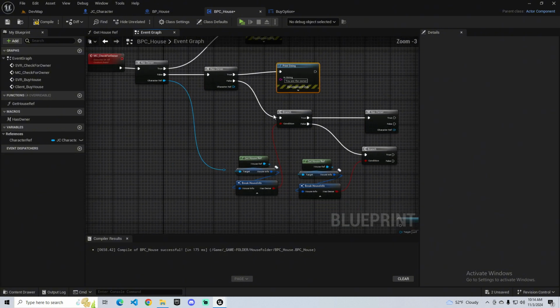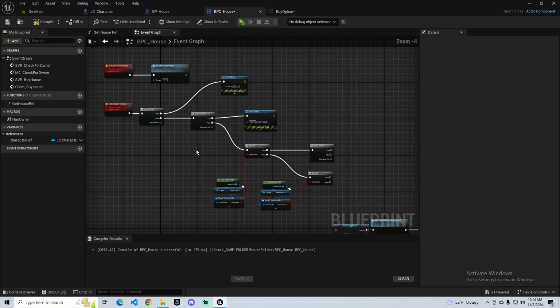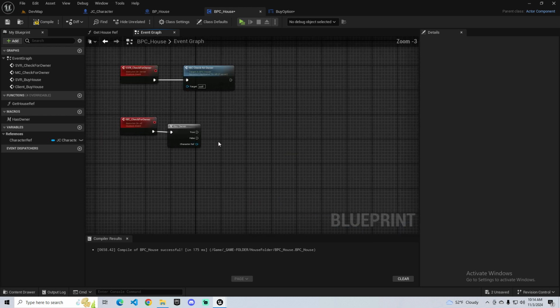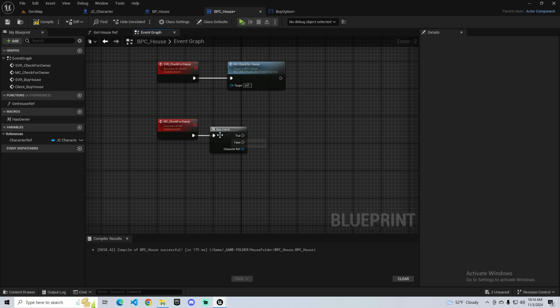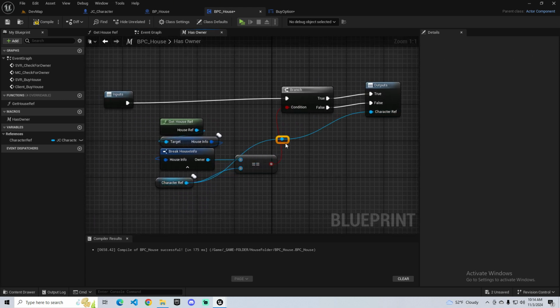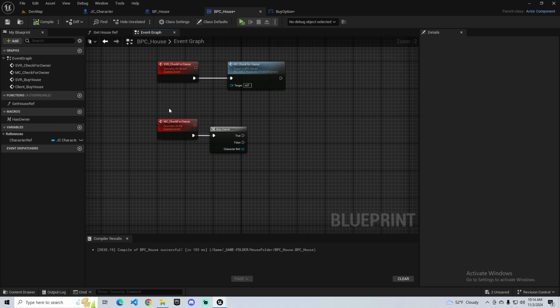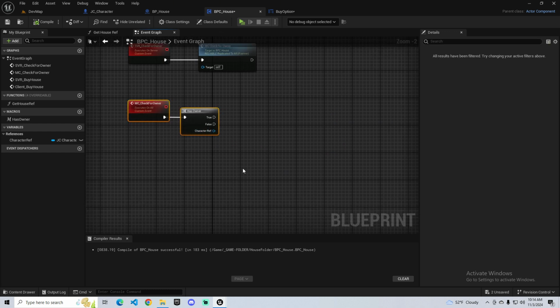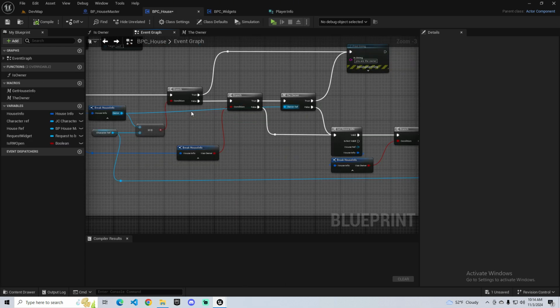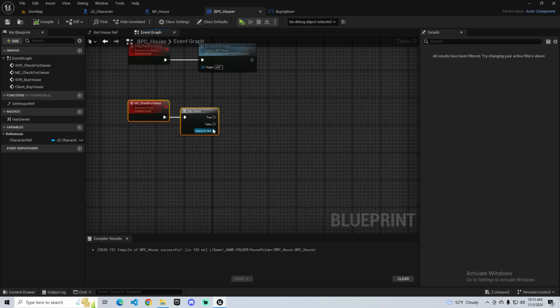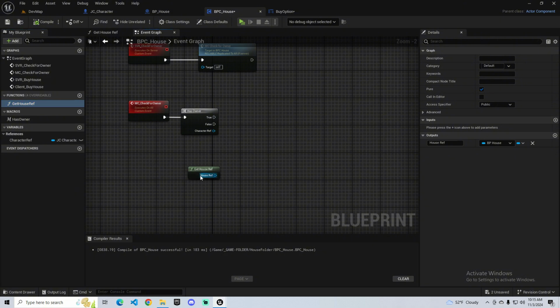I'm overdoing myself right now. Okay, delete. Sorry guys, delete. This is checking to see if the owner of the house is equal to us, the person that's interacting with the house, right? So if it's not, we need to check it again. If it's not, we need to check the has owner boolean. Okay, so now we need to get this,